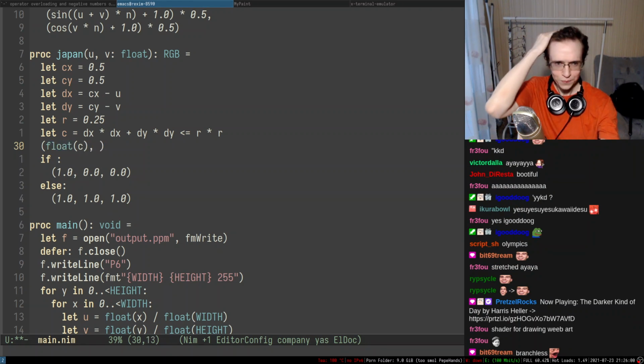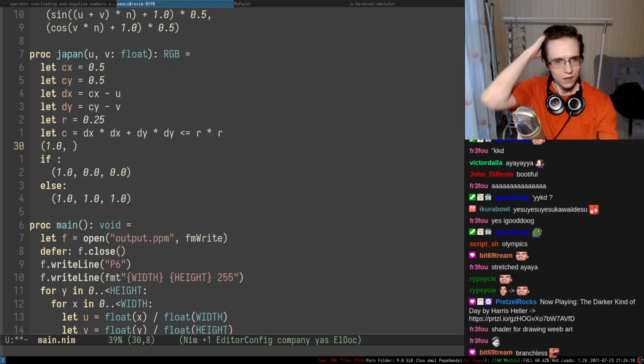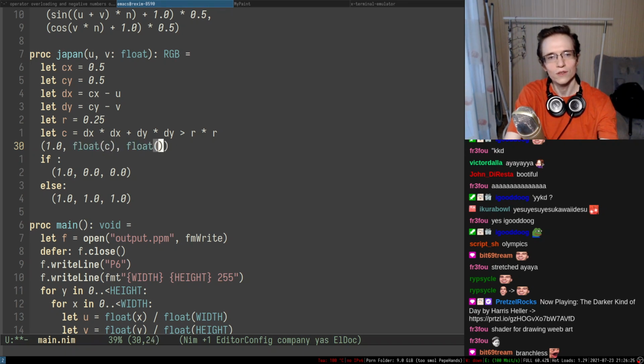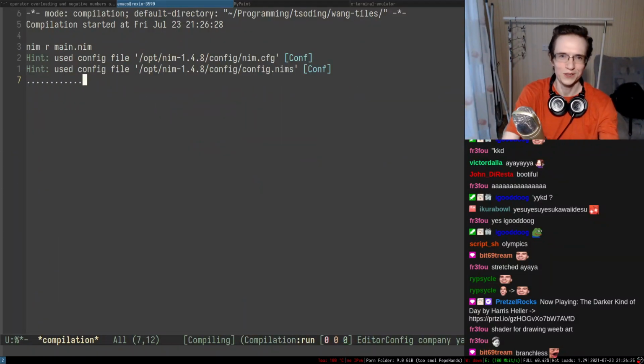If it's true, we always want to put 1 in here. We can try to invert it, so that means it's going to be float c, there we go. And I think this becomes branchless.